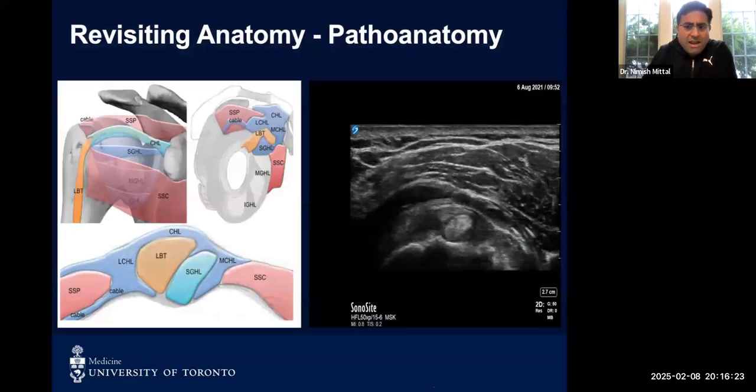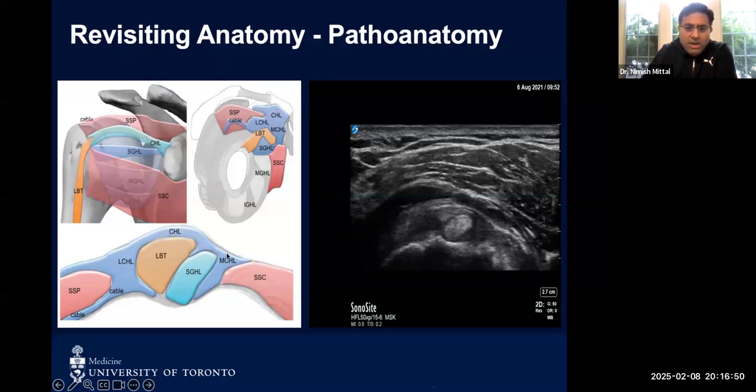Just a little bit about the pathoanatomy in terms of what this anterior rotator interval approach is. You can see the long head of the biceps tendon makes a 90 degree turn as it goes proximally and attaches to the glenoid and the labrum. And while doing so, it comes across an intra-articular portion, which on a transverse oblique ultrasound looks something like this here, in which on top of the long head of the biceps tendon, there's